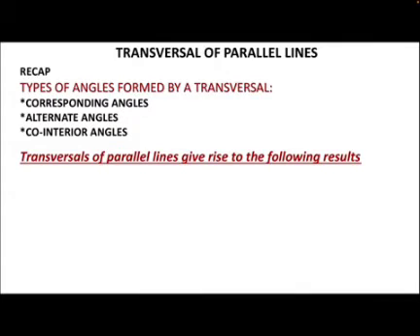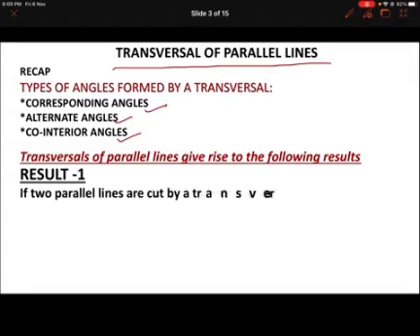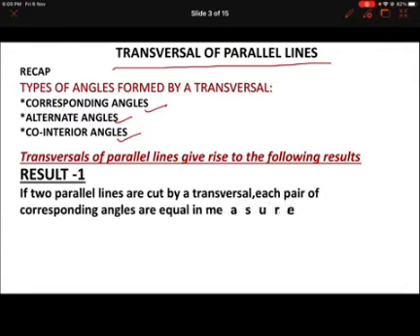these corresponding angles, alternate angles, and co-interior angles behave when a transversal cuts parallel lines. Okay, now the problems will be based only on parallel lines and not non-parallel lines. Now, the three results that we get here, that is what we are going to discuss in this session. Result 1. If two parallel lines are cut by a transversal, each pair of corresponding angles are equal